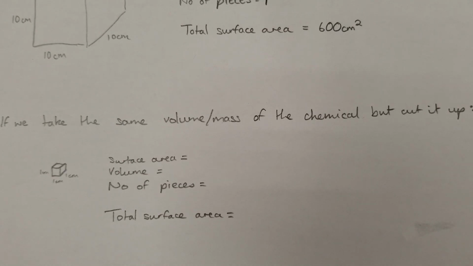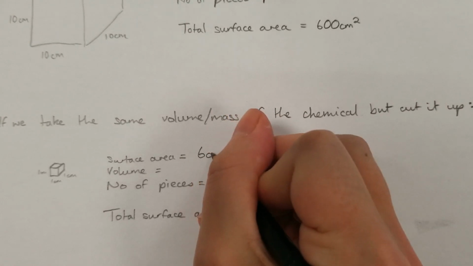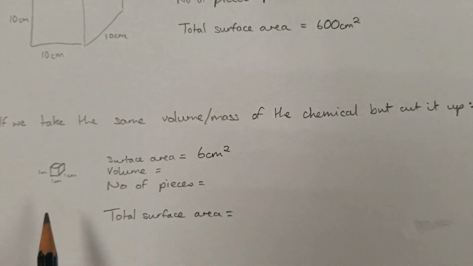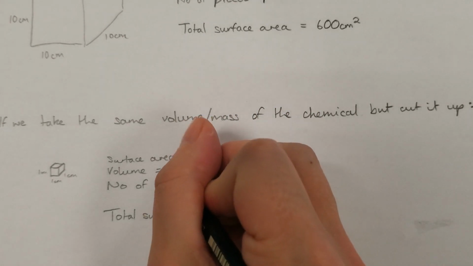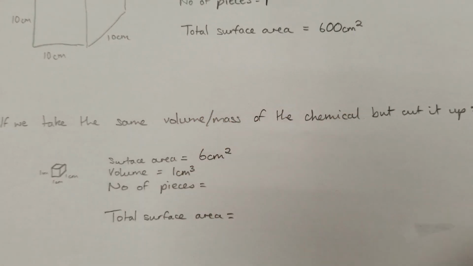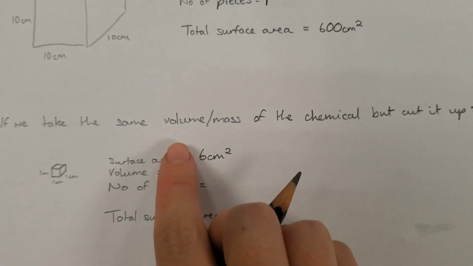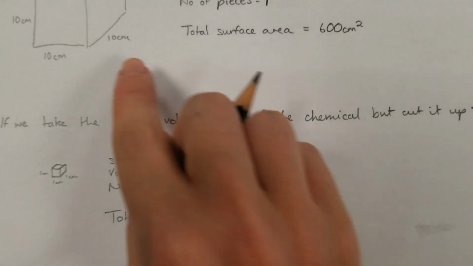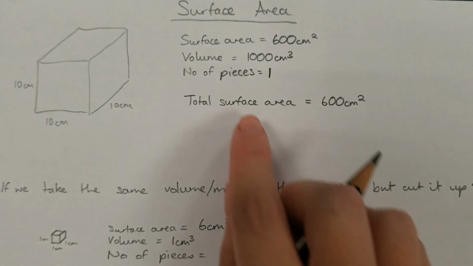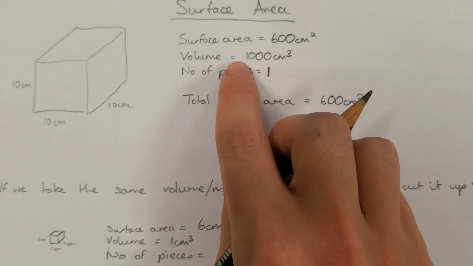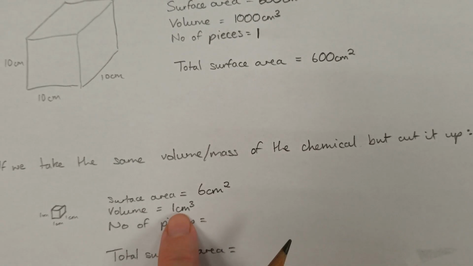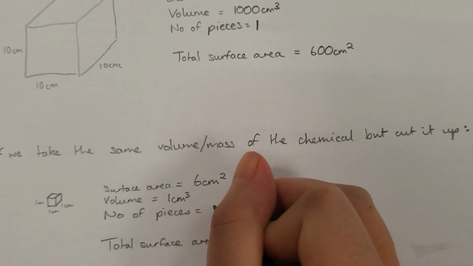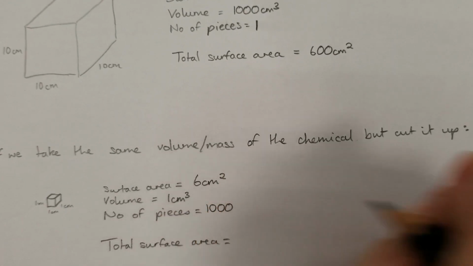Okay, hopefully you've worked out that the surface area is going to be 6 centimeters squared for our little cube, 1 by 1, it's 1 and 6 faces. Our volume is going to be 1 centimeter cubed, 1 times 1 times 1. But our number of pieces, because we've taken the same volume of mass as up here, is going to be 1,000 pieces, because we've got 1,000 centimeters cubed, each one's 1 centimeter cubed, so we should have 1,000 pieces of